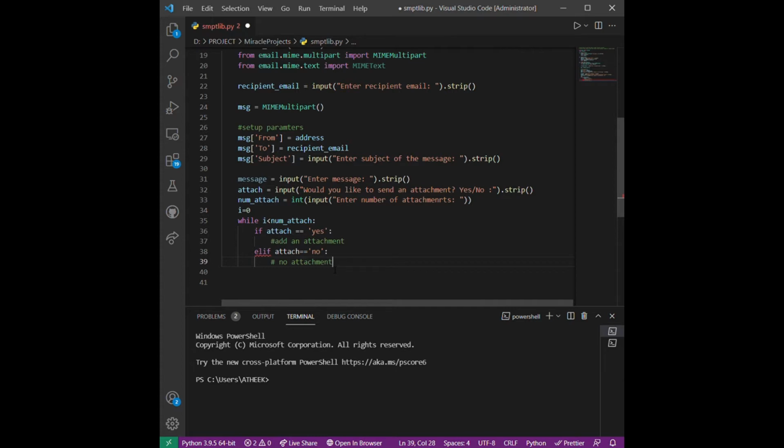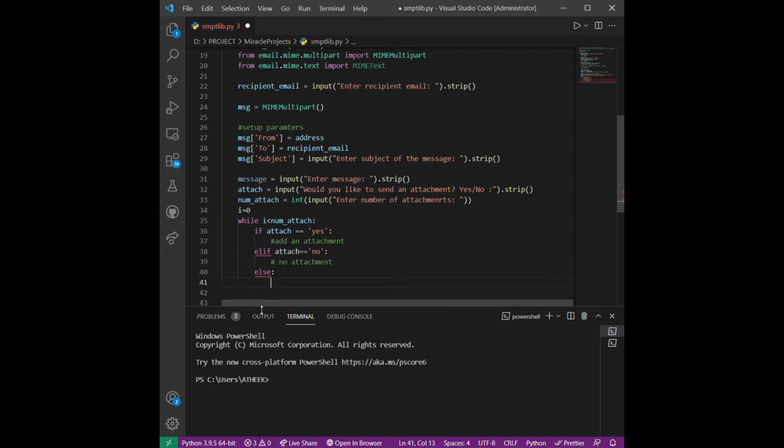We'll ask him again whether he needs an attachment or not. If he gives an invalid input, he should answer as yes or no, but he gives an invalid input, then else